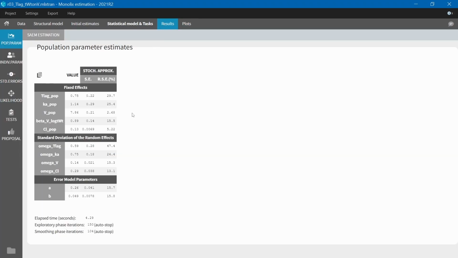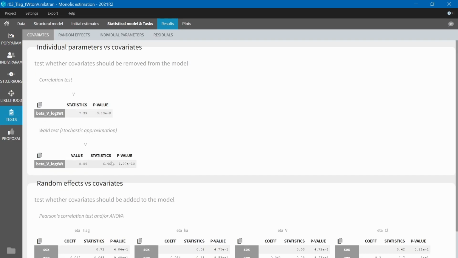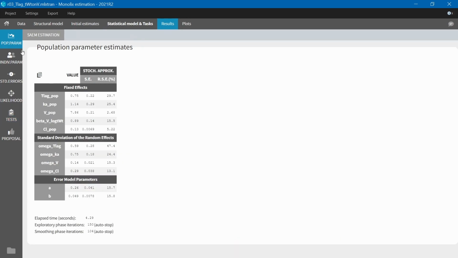For weight and clearance, parameters do not change much, because they have already been estimated before. The new parameter beta VTWT has been estimated. A Wald test has also been computed with the p-value displayed here. It is low, which means that it confirms that the parameter beta is significantly different from 0. Moreover, the value of omega V has decreased, because some of the variability of V across the population is now